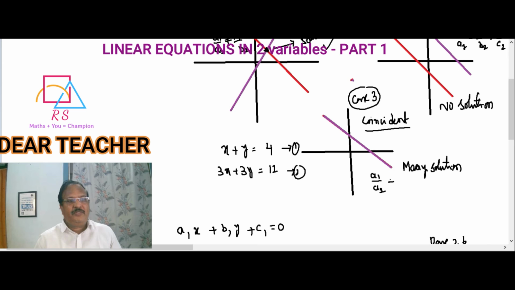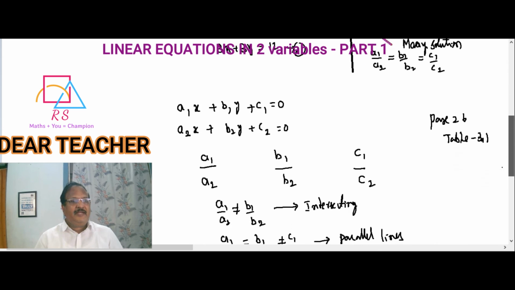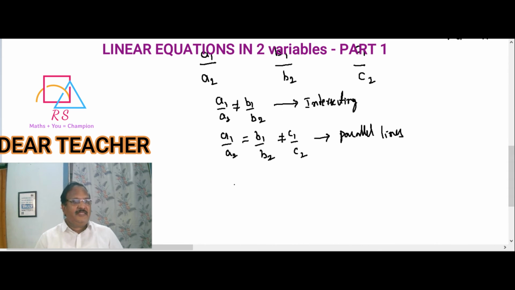A1 by A2 is equal to B1 by B2 is equal to C1 by C2. So if all three ratios are equal, then they are coincident. Okay? So without drawing the graph, you can directly use these ratios and tell whether they have